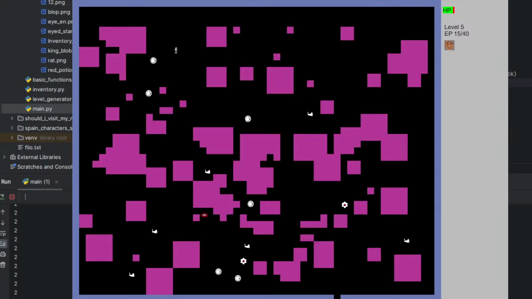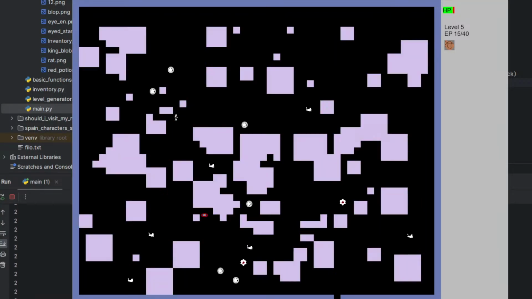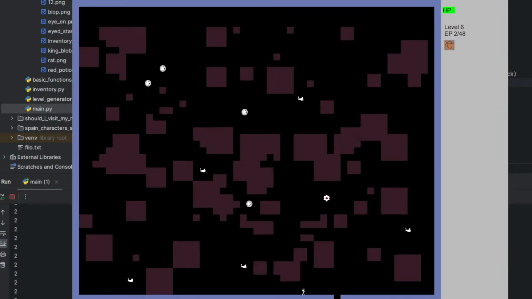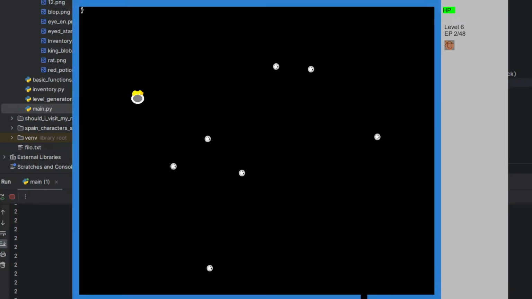Maybe we need to finish this level. This trippy one again. Ah, here we go. Now we got the boss. I'm really curious if we can defeat him. Yes, we can. We defeated our first boss.